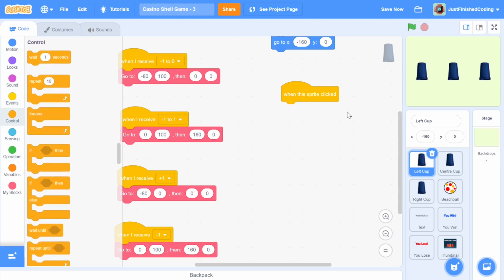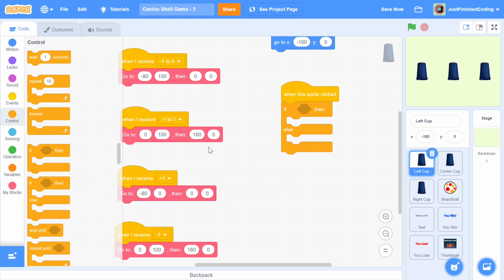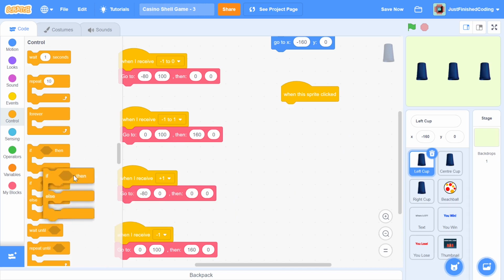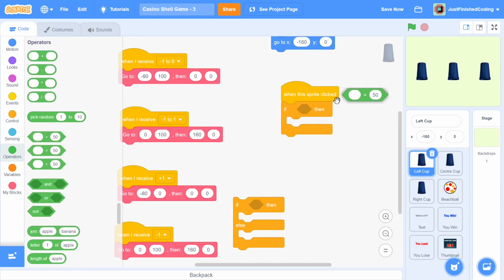In case we just have when the sprite is clicked, the sprite can be clicked even when the game is not on, and we wouldn't want to show where the beach ball is at that time. That's just going to be a total catastrophe. So now we can grab an if, not an if else actually, just an if would do, but we need an if else soon, so I'm keeping it. This is only going to happen if the clickable variable is set to yes.